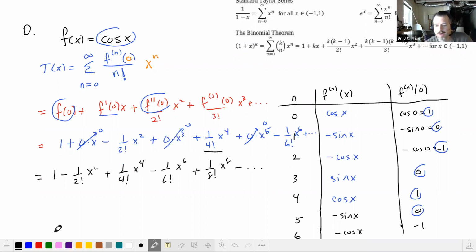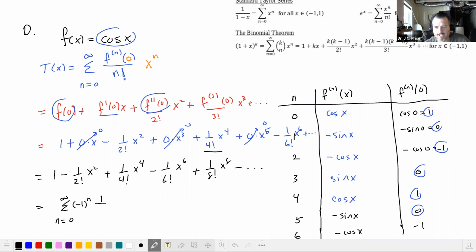And so now, when I go to write down the formula, this will equal the sum, n equals 0 to infinity, I think. It's going to alternate, so we'll do negative 1 to the n. Make sure it alternates right. So when you plug in 0, you do get out 1. When you plug in 1, you get out negative 1, and so on and so forth. And now I got to figure out, I always have a 1 on top. So if you want, I can write this as 1 divided by,